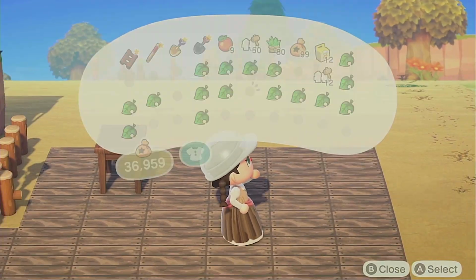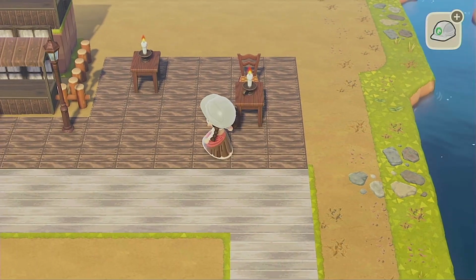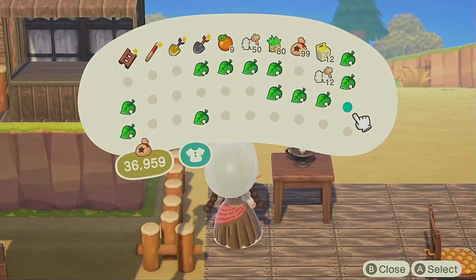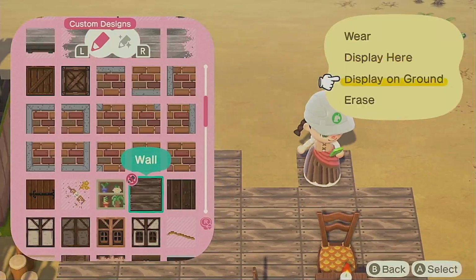And now I'm back to where I'm working on the outdoor cafe space because I really just want to put down some of these tables and give a little bit of the illusion of this saloon style on the outside of the building without being able to actually go inside the building. A little bit like I did with the jail on the previous episode where I put some of the jail